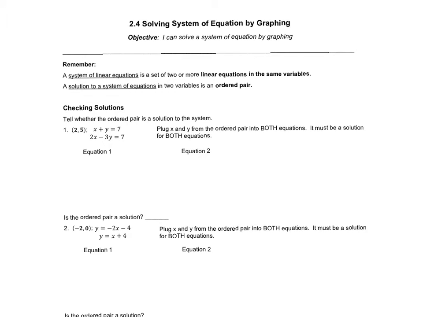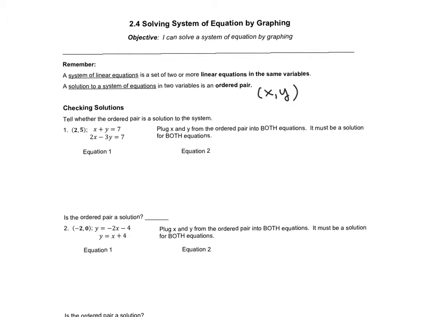2.4 Solving systems of equations by graphing. A system of equations is two or more linear equations that have the same variables, x and y. A solution to the system of equations is an ordered pair, which is x comma y. The first thing we're going to do is check whether an ordered pair is a solution to the system of